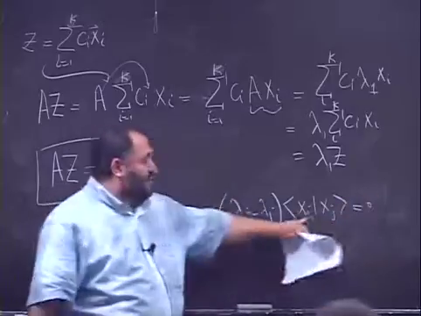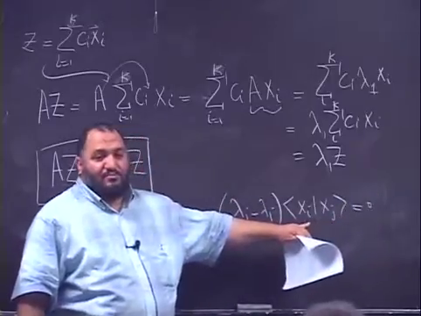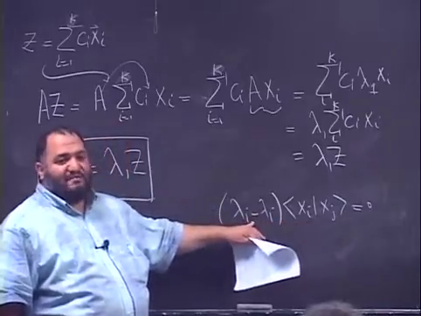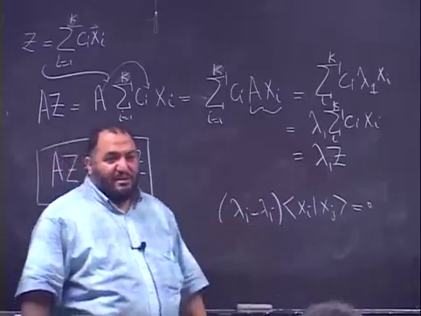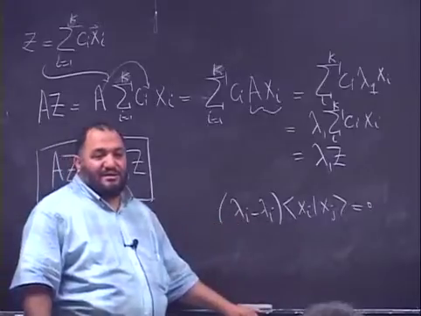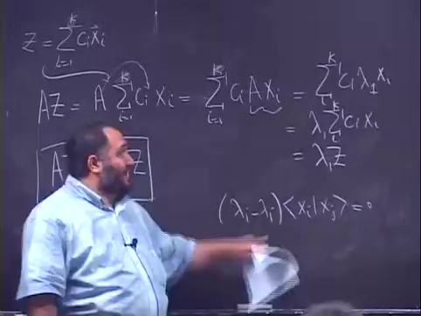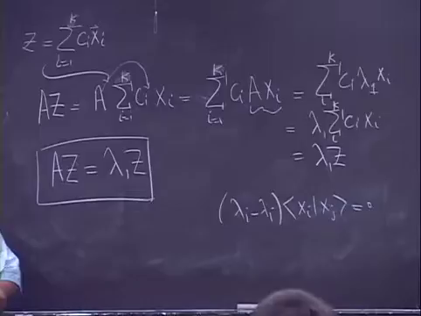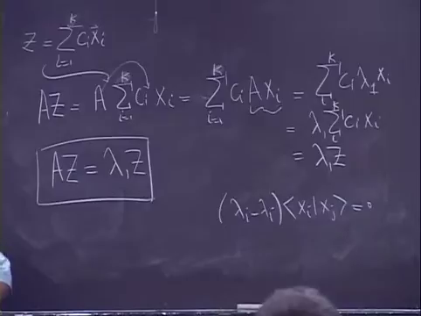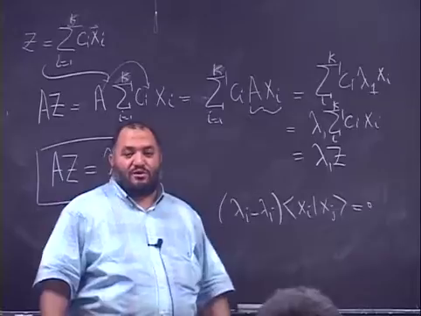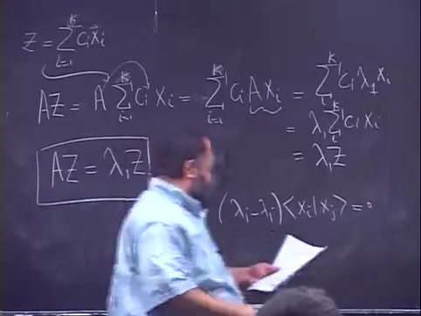The condition that the xi's are mutually orthogonal is that I have distinct values for the lambda i's. But if I have degeneracy, this means that the lambda i's are equal, identical. So in this case, I cannot say that the xi's are mutually orthogonal. Is there any way that I can form mutually orthogonal vectors if I do not have those vectors mutually orthogonal? Yes. There is a technique